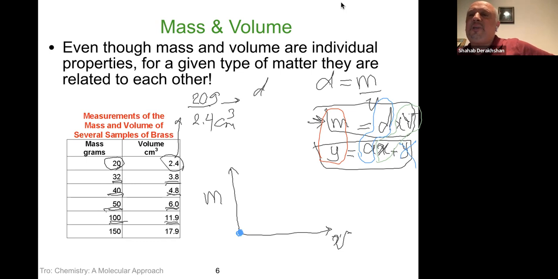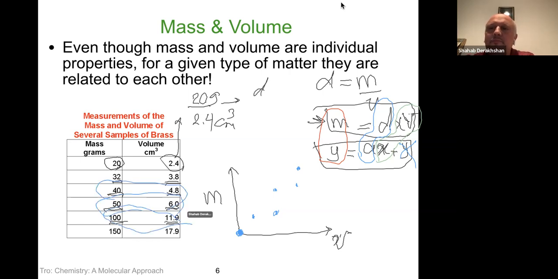And then based on your experiment, you find, for example, the first point, you find the second point, you find the third point, fourth, and fifth. These are the 5 points that I have measured in this experiment, plus my y-intercept, which is 0. And then I draw the best line, which is passing through these points